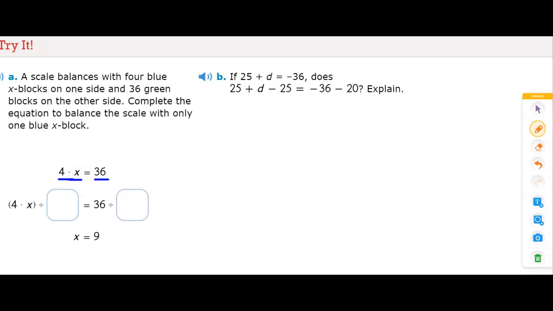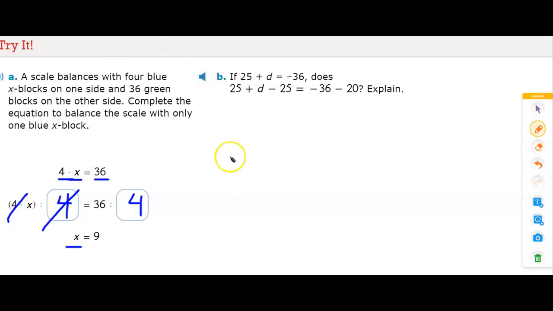So to find what one block would be, they're going to divide by the 4 blocks. And whatever you do, again, to one side, you have to do to the other side. So you're dividing both sides by 4. So the 4 and the 4 here, 4 divided by 4 is 1. So you only have X left. And then 36 divided by 4 is equal to 9. So the equation would be that for that one block X is 9. And then part B says,